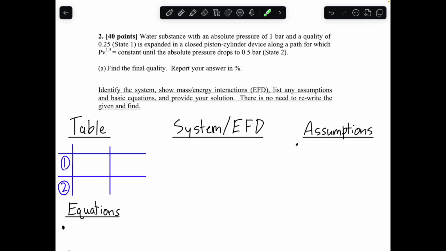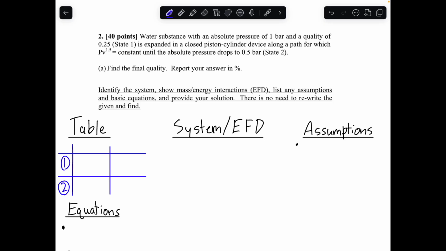So I'm going to spend some time doing that here and just setting up the problem. If you want to skip ahead to the solution, feel free to do so. But if you're unsure about your work or want to see how I set it up, then feel free to stay and watch. So the first thing I like to do before we even get to the system or assumptions or equations